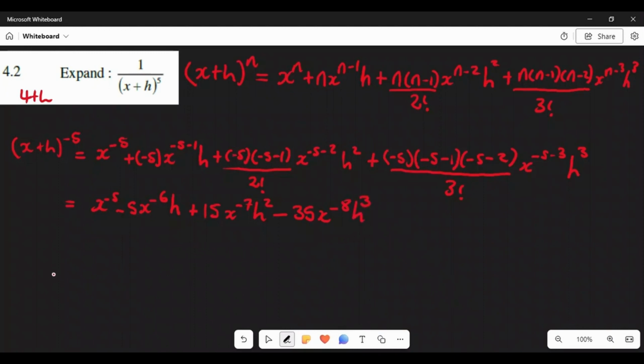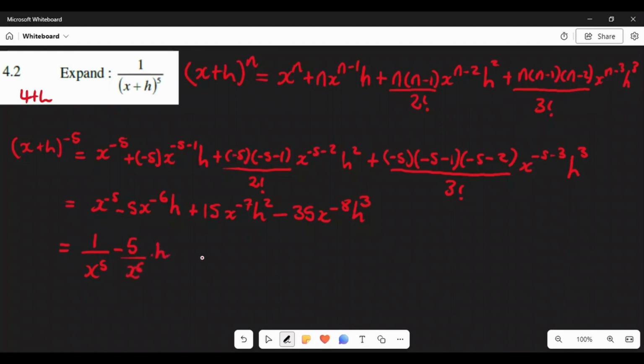Right, so this is what we have, but this is not the end of our expansion. You need to write this in the right way. So this is 1 over x to the power of 5. Since our exponent is negative, rather leave it in a positive. So same thing here, we're going to have negative 5, and then we have x to the power of 6